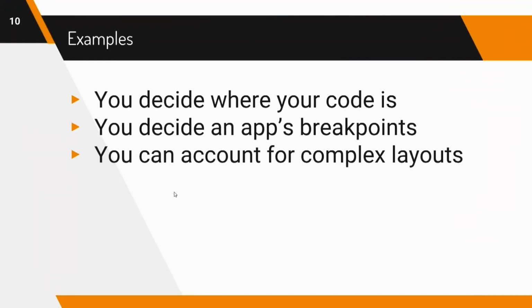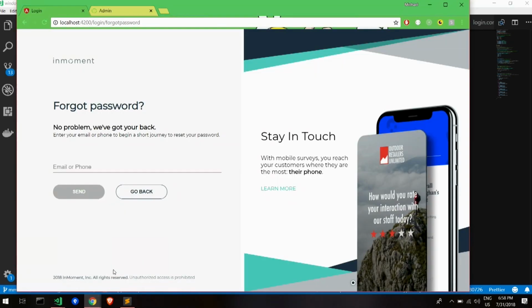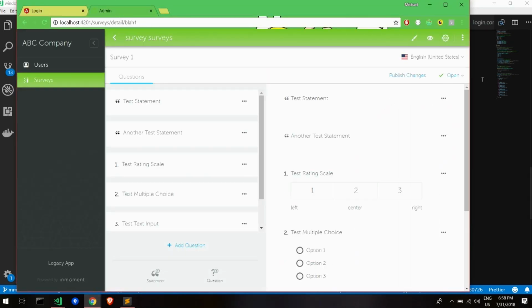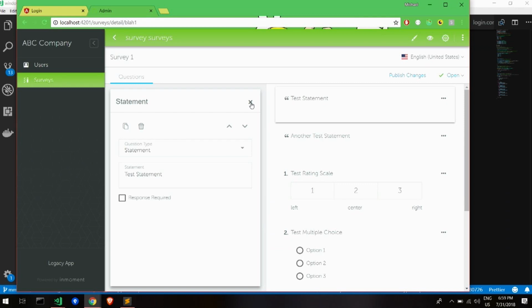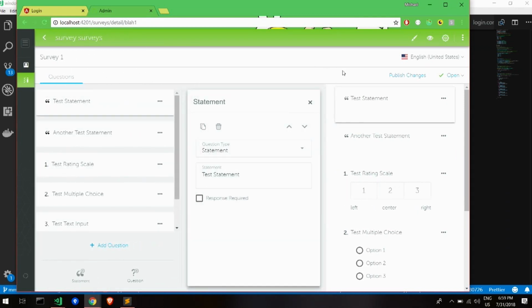You can account for complex layouts. So this is something I've heard people ask questions about even in the Utah Angular meetup, but I actually had a need for it at my current employer. So let's look at this app real quick. Let me adjust this a little bit. Okay, so this app,